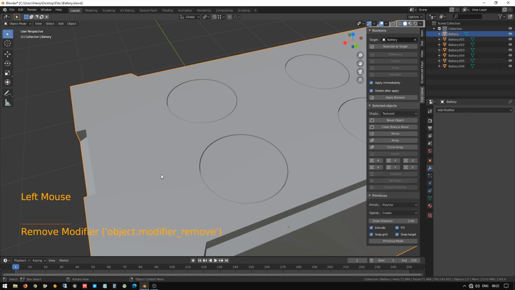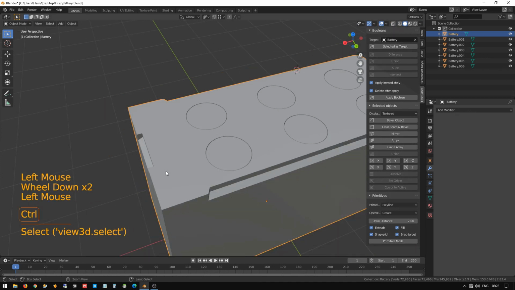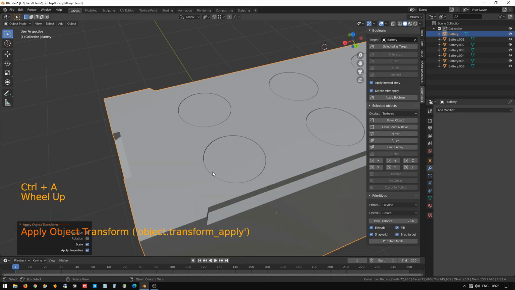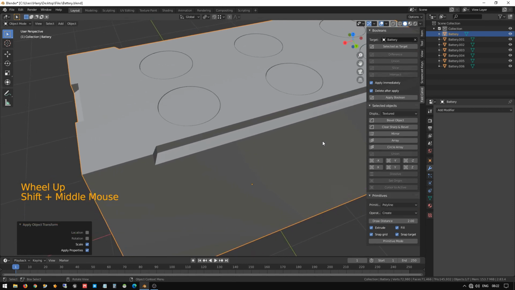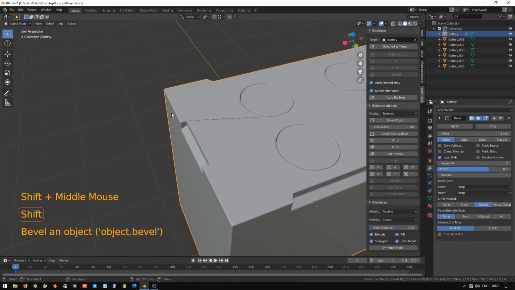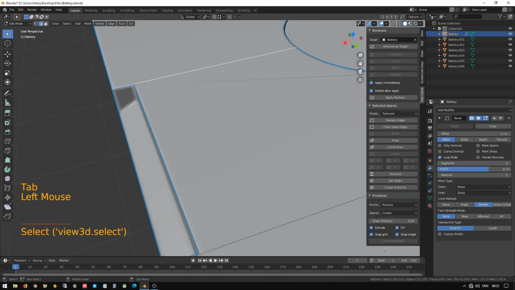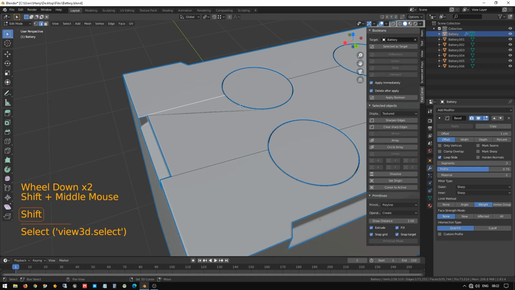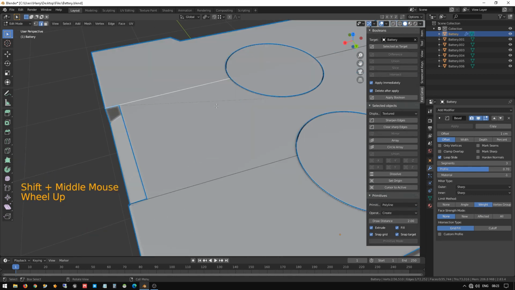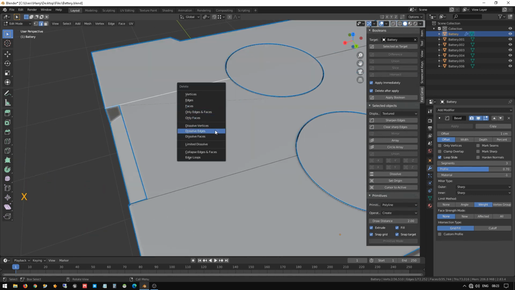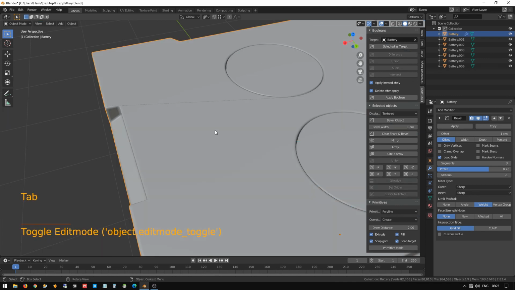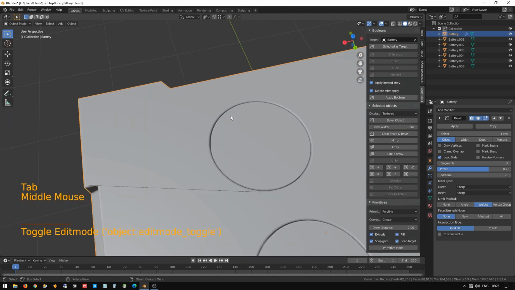I do one thing, I just close everything and apply the scale, then apply the transform scale, and now go for the bevel object. Yeah, still it's coming. So this is the vertex which is making the issues for us, that line that is created. So select the line, press X and dissolve the edges, and go to tab mode, and you can view.